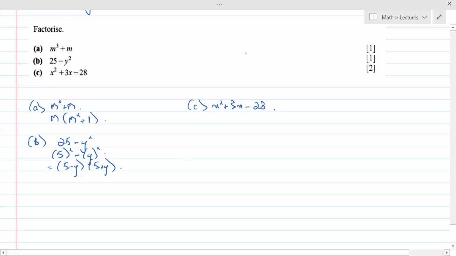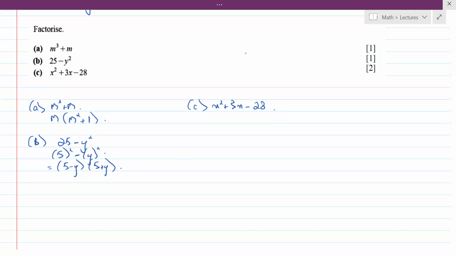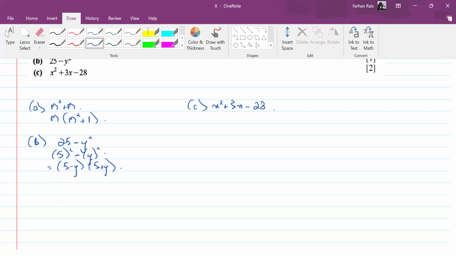So we look for common here at first. x square plus 3x minus 28 is not having anything common. So the next thing you look for, for three terms, is the middle term break method. And the middle term break method to be applied, the technique is you multiply the coefficient of the square